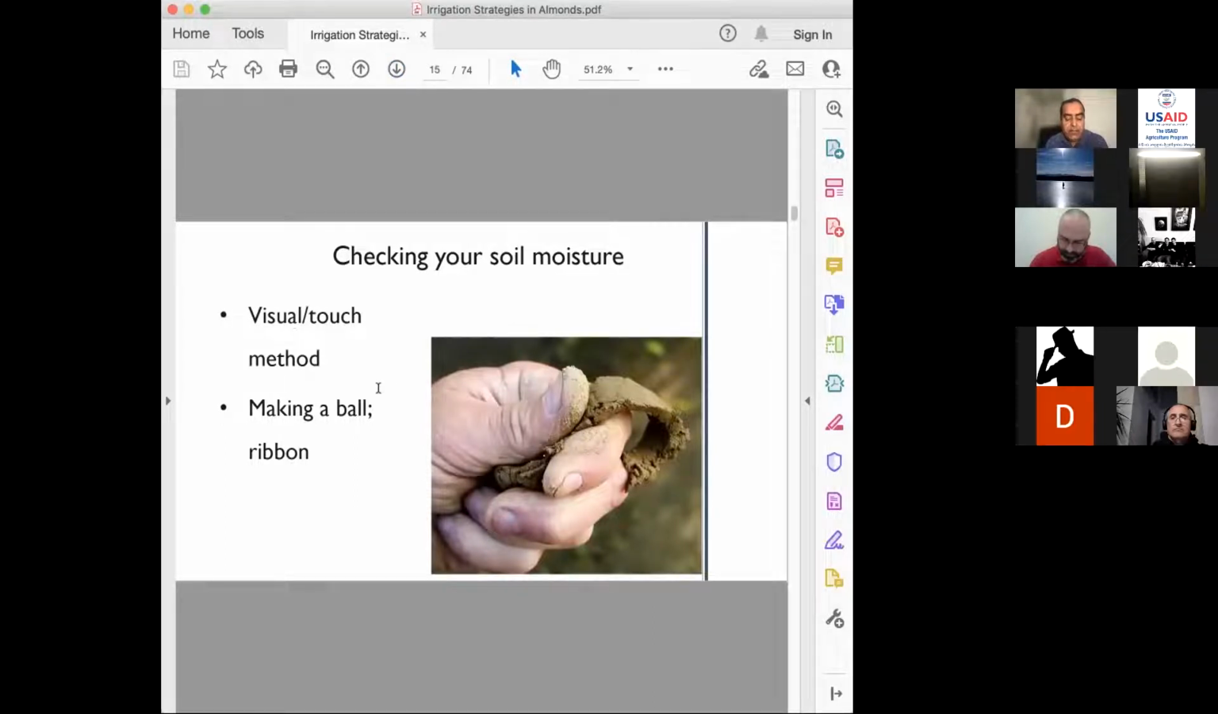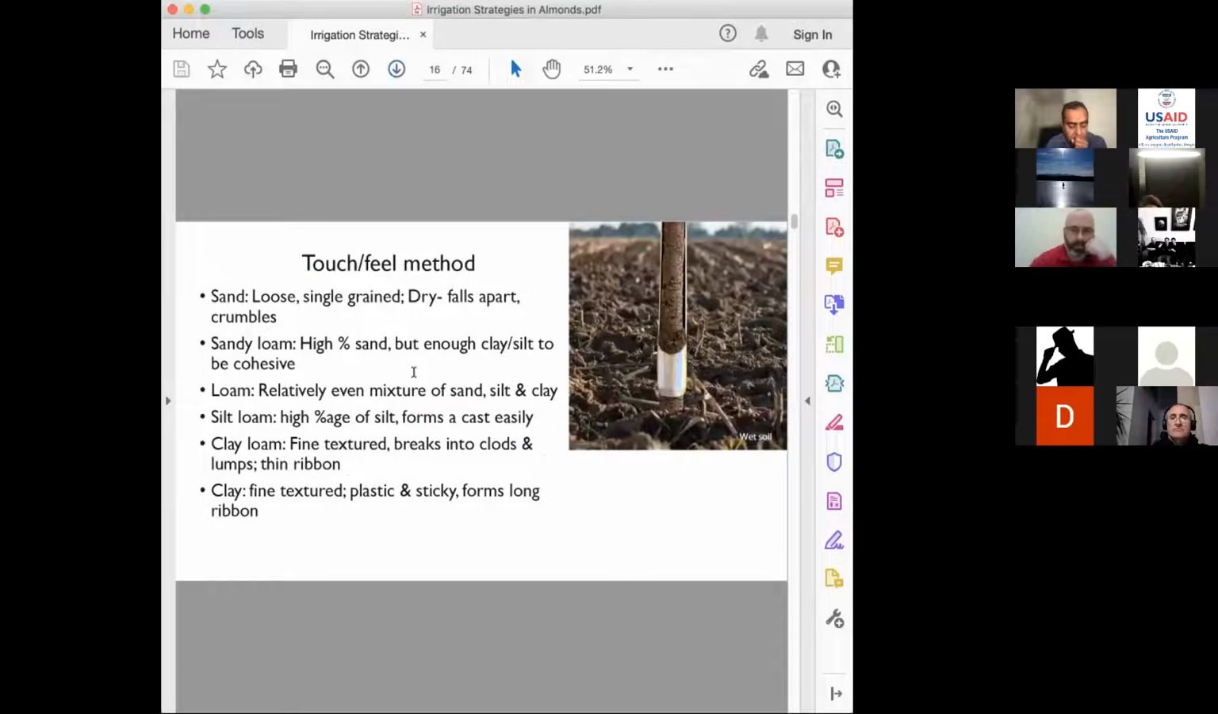Everybody who is in farming is probably aware of the visual touch method, making a ball or a ribbon. You cannot take this for granted, although it's common knowledge, because this will vary with the conditions of your soil. I have listed the variability in this method based on soil type or soil conditions. And you can see that if you have sandy soil